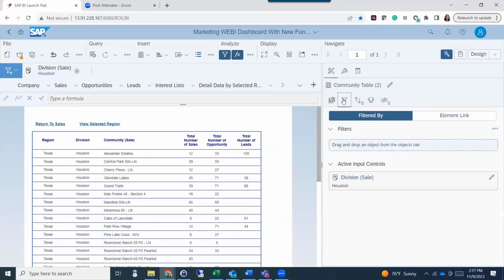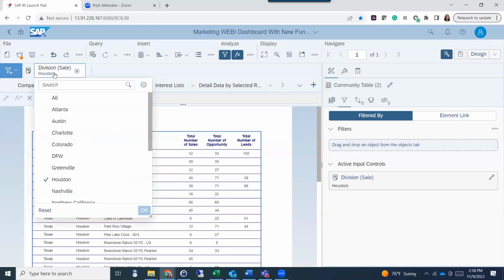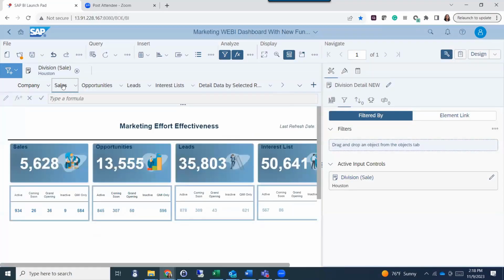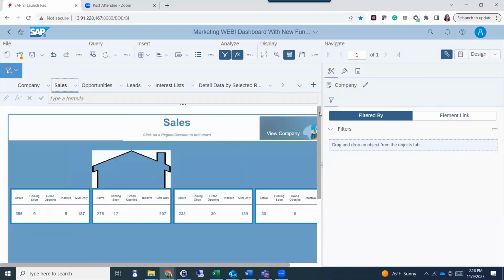So I don't have any filters on this particular table anymore. I don't need any of those flag filters. What I have is an input control up there on division because I want this report tab to be filtered for division. Okay. And now it is filtered for Houston because that's what I clicked on. So the way it is set up in my source report tab is